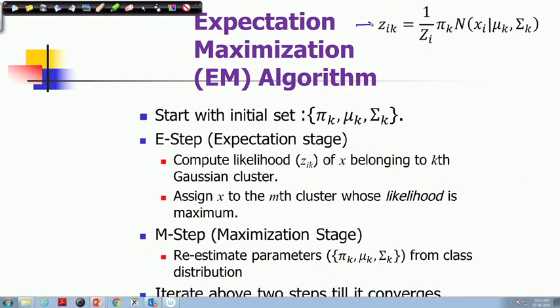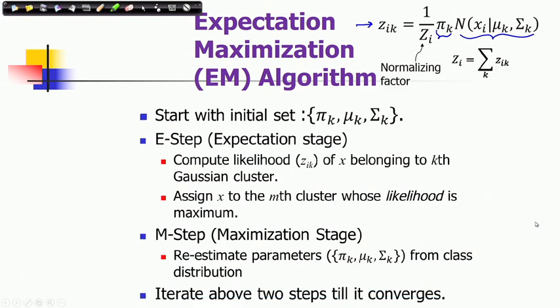So, this is the likelihood which we need to compute, and you can see that we are computing the probability of xi belonging to this distribution. This is given by this probability density function. It needs to be multiplied by the mixture coefficients pi k, and zi is the normalizing coefficient, because you are considering k classes. So, for each class you are computing zik for the xi pixel, the ith pixel.